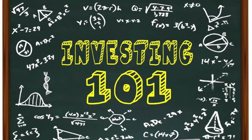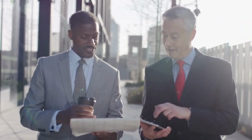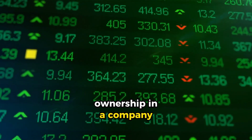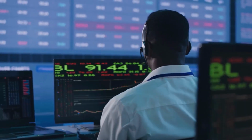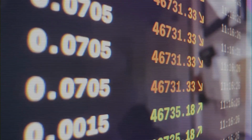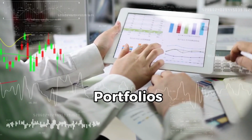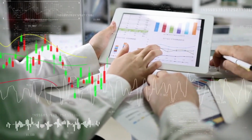Step 2. Educate yourself about investment options. To make informed investment decisions, it's crucial to educate yourself about different investment options. Let's explore some common options. Stocks represent ownership in a company and offer the potential for capital appreciation and dividends. You can buy individual stocks of specific companies or invest in diversified portfolios of stocks through mutual funds or exchange-traded